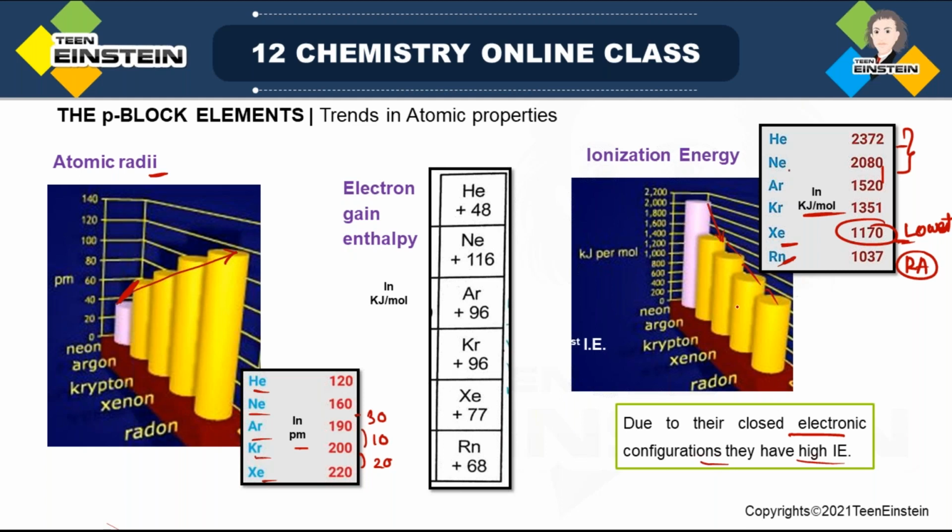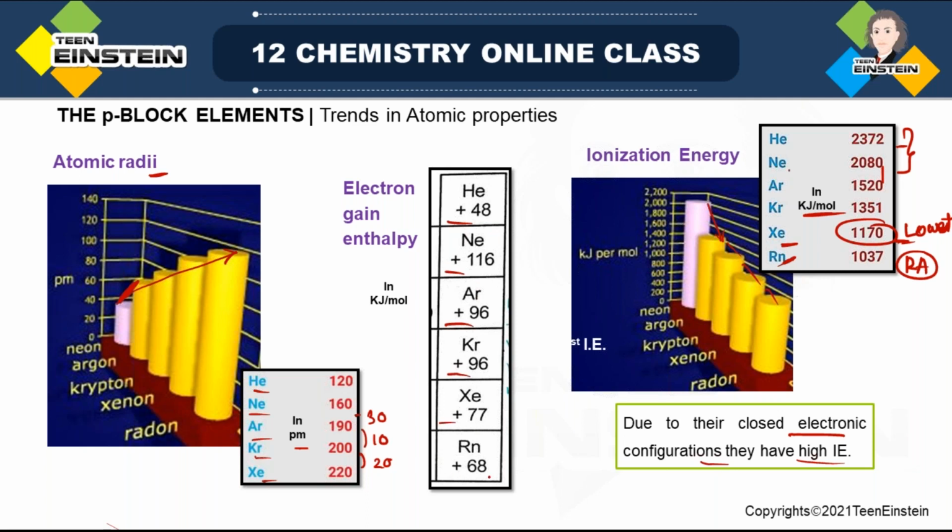Electron gain enthalpy. Now, electron gain enthalpy we have seen in case of group 17 elements, that is for halogens, and there what you have seen, it is mostly negative. No, not mostly, all the values are actually negative, and chlorine is having maximum electron gain enthalpy. But now look at the values, all are positive,